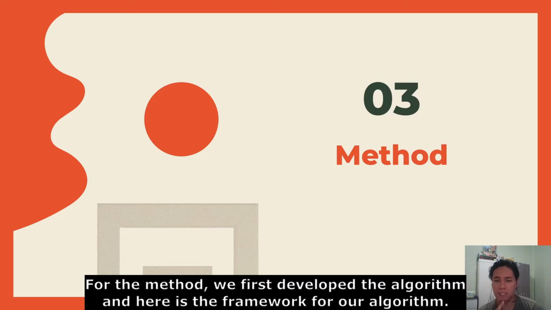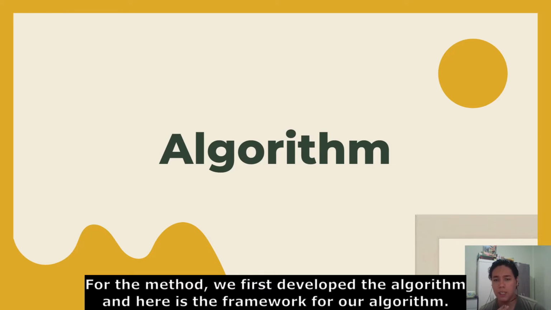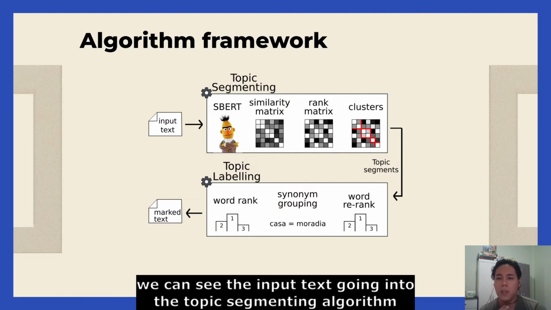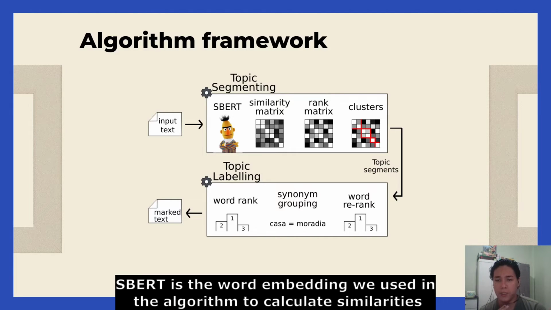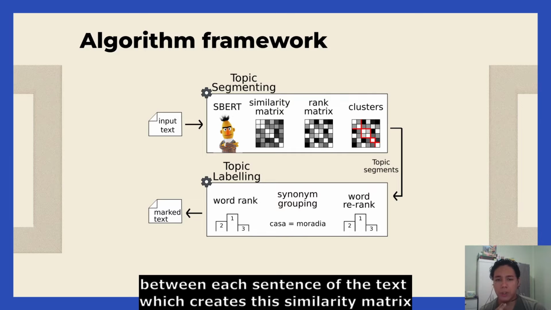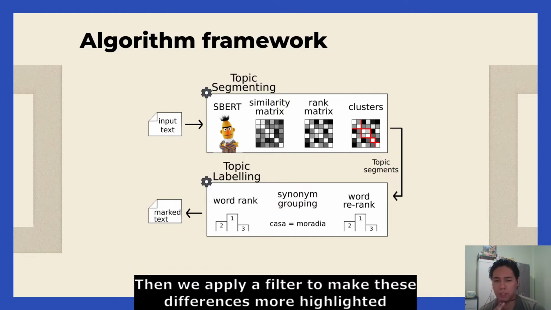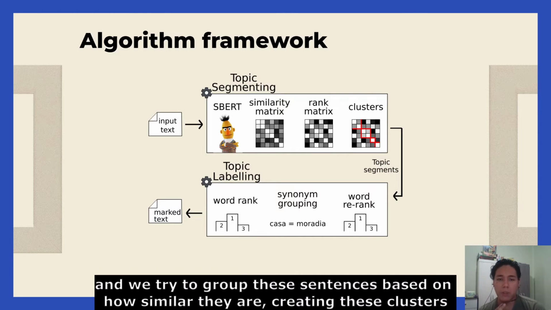So for the method, as I said before, we first developed the algorithm, and here's the framework of our algorithm. We can see the input text going through the topic segmenting algorithm. SBERT is the word embedding we used for our algorithm to calculate similarity between each sentence of the text, which creates this matrix of similarities, where the darker the squares, the more different the sentences are. Then we apply a filter to make these differences more highlighted, and we try to group these sentences based on how similar they are together,